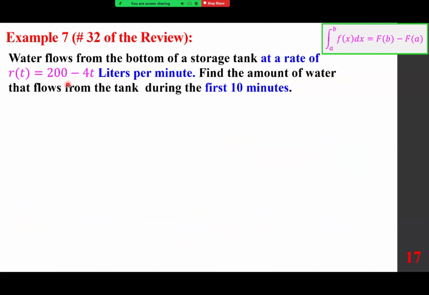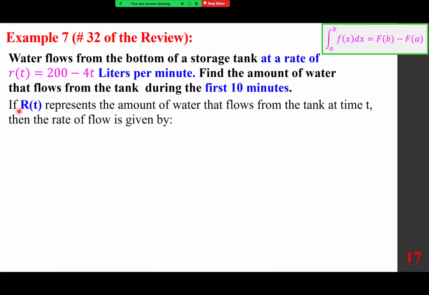This is the rate, or the derivative function. Lowercase r of t is the derivative, so we can use capital R of t to represent the actual function. If capital R of t represents the amount of water that flows from the tank at time t, then the rate of flow is given by its derivative, capital R prime of t, or lowercase r of t, equals 200 - 40t. Therefore, the amount of water